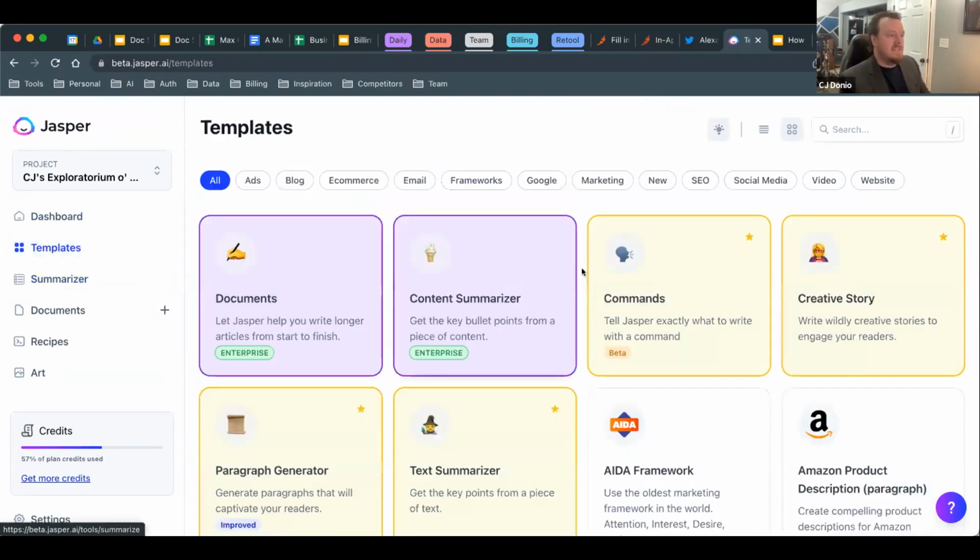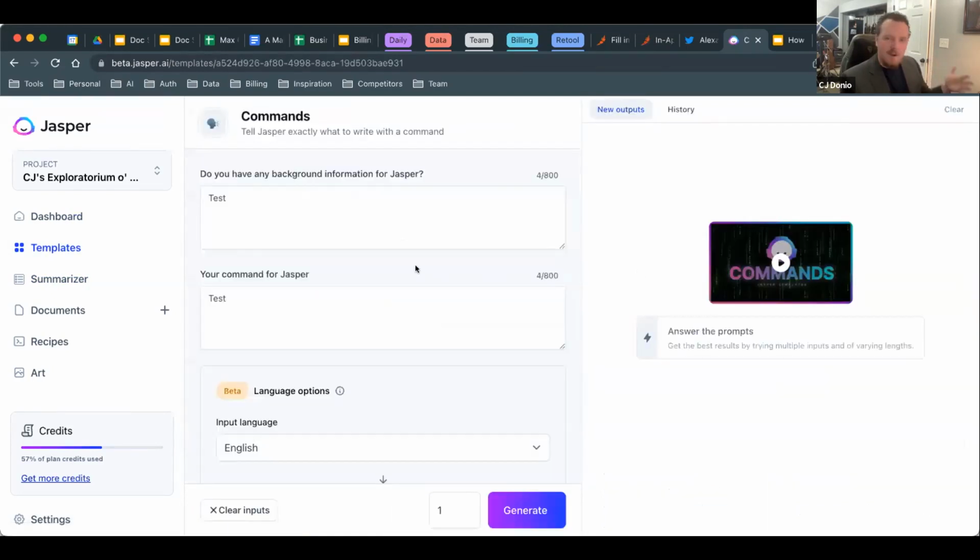And the reason why, templates is a really good starting point for when you think, okay, I've got some ideas already. So again, let me put myself in the shoes of this fictional marketer at a renewable energy company. I have some facts about renewable energy. I know basically about solar and wind and water, but I don't know a ton of the specific details. And what I'd really like to do is get examples for each of those. I think that would really land with my reader if I said, hey, check out how cool geothermal is. By the way, this country's doing that. And so what I'll start with here is commands.